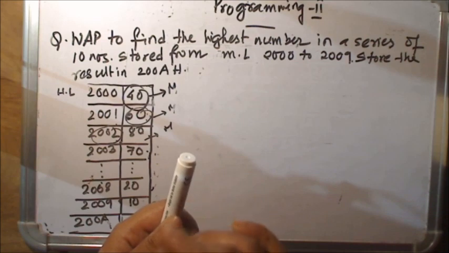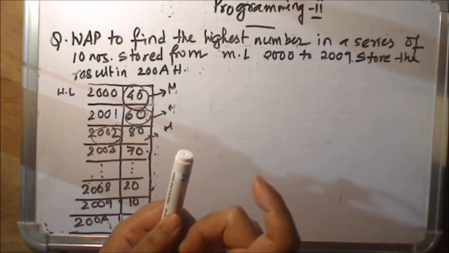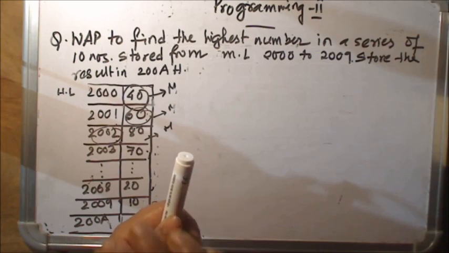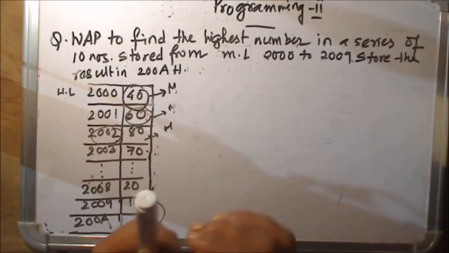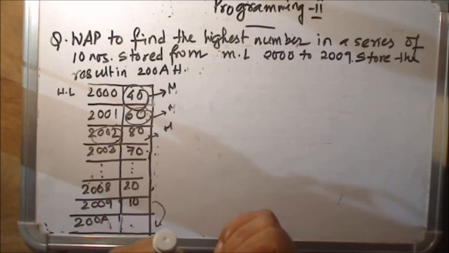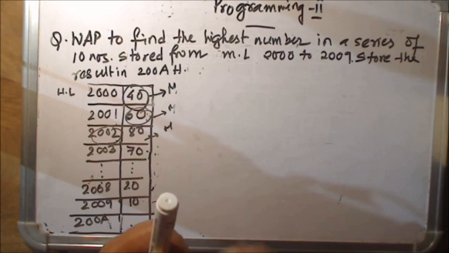So remember, M is not a physical quantity. M is a programming tool. M does not exist. M is the location pointed by HL pair. So as you go on incrementing the HL pair, M points to a new number and you can access the new data using your variable M.